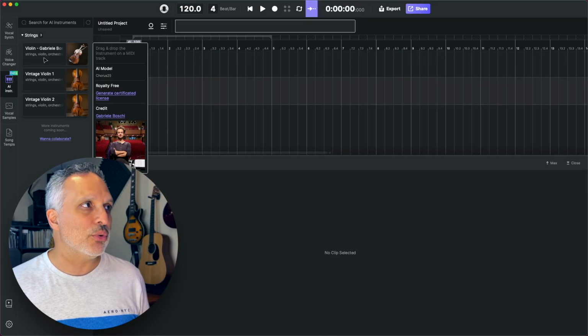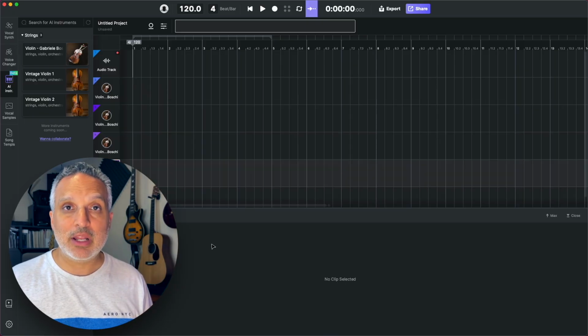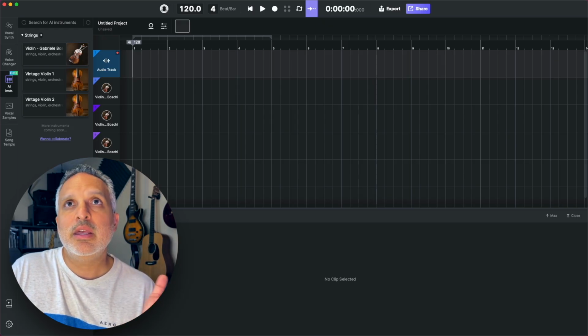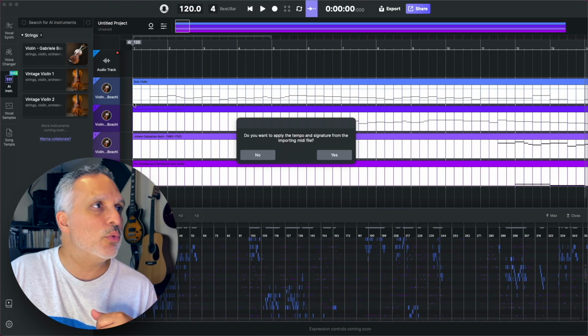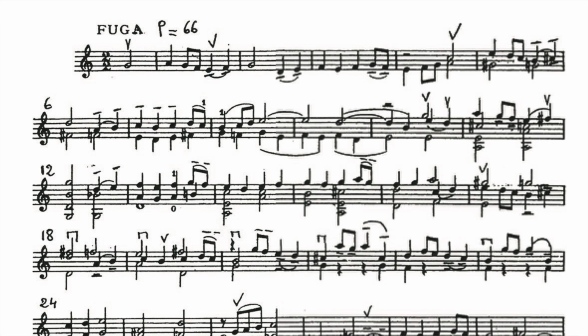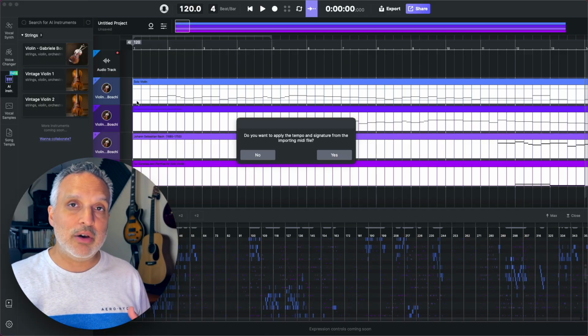Instead, let me double click on Gabriele to create a track. And actually, I'm going to create 3 more while I'm at it. Now that I have 4 tracks of Gabriele's violin, next I'm going to drag in a MIDI file I found on the internet. It is Bach's Violin Sonata number 3. It's an excerpt from the second movement where there's a fugue, and I know already that there are 4 violin parts in this MIDI file, so this will give us a really nice chance to see how this instrument behaves in a chamber context.